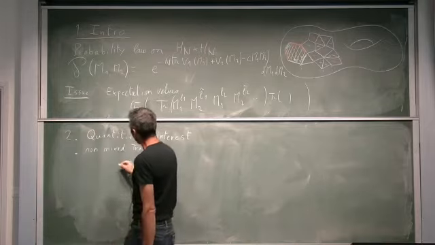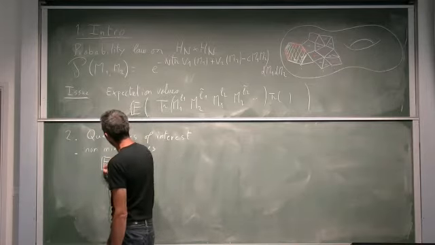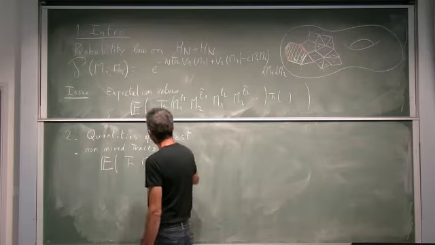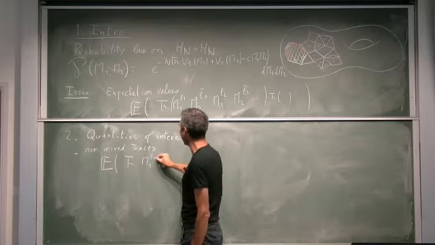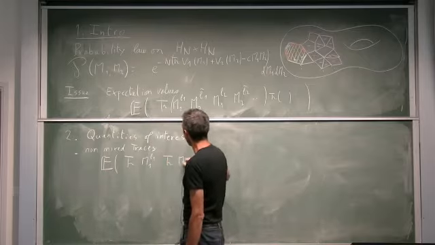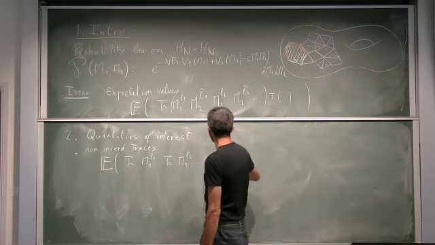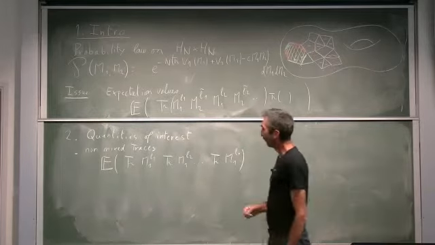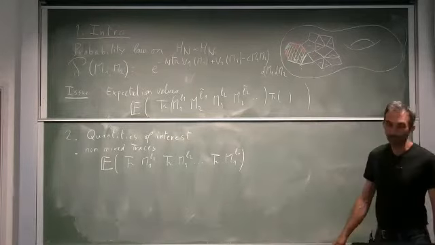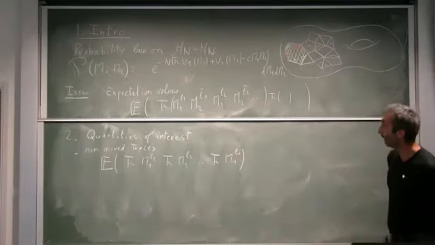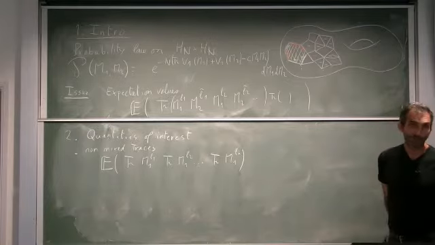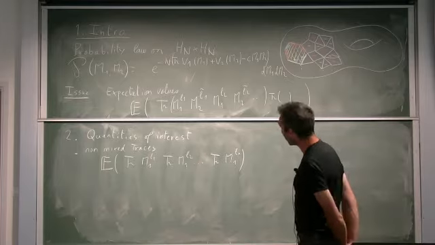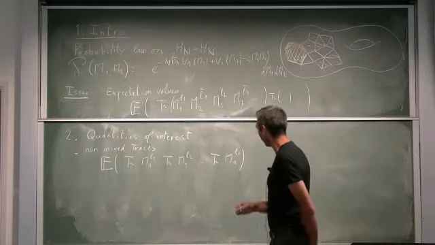So this means that I will want to compute the expectation values of only powers of the matrix M1, trace of M1 to the power L1, trace of M1 to the power L2, and so on, trace of M1 to the power Ln. So this is typically the kind of expectation values you would like to compute. And in fact, these are the ones that satisfy the standard topological recursion. And this is typically the kind of thing that Elba was doing in her lectures.